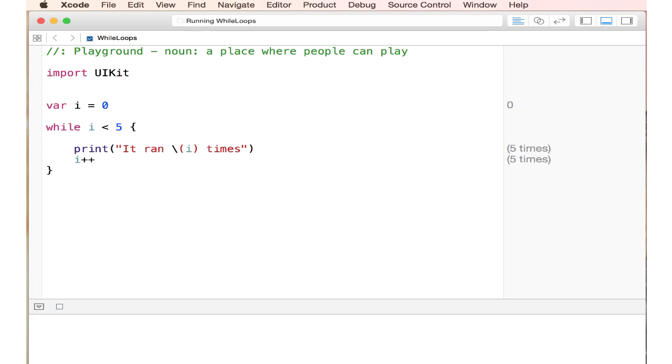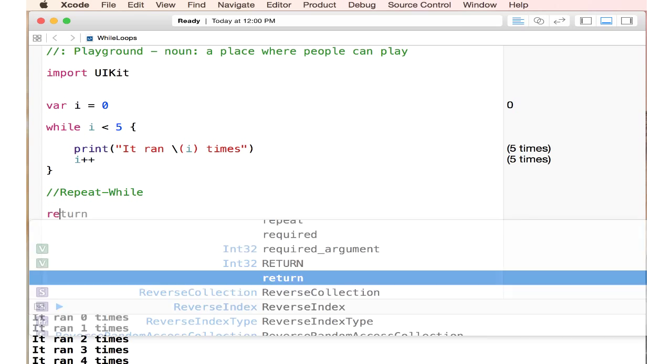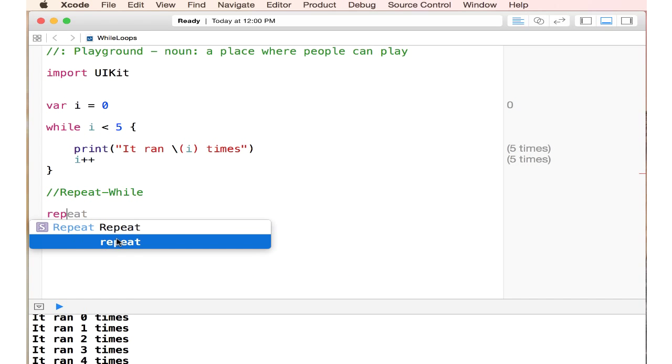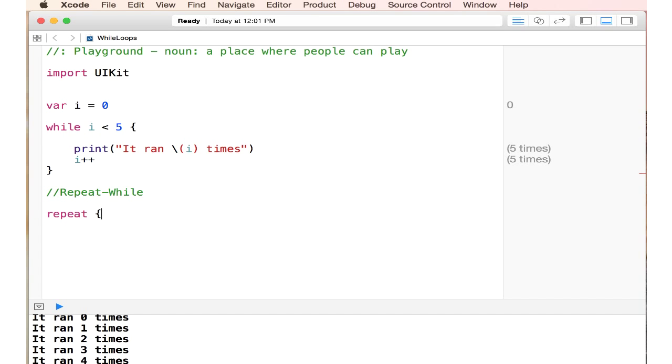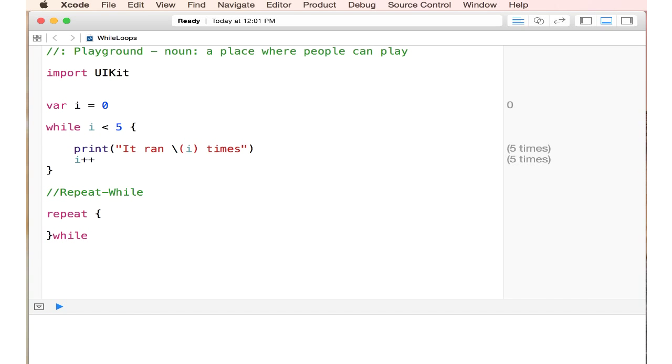The next variation of a while loop is called repeat while. In order to create a repeat while loop, you just say repeat, and notice there are 2 repeats here. We want the second option, which is lowercase. We're not going to be using the repeat with uppercase here. So the second one, press enter. And for our repeat while, at the bottom here you say while, parentheses.